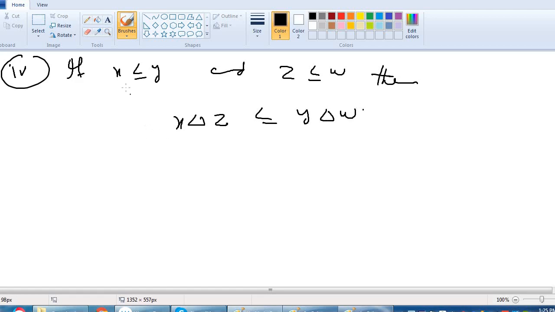To prove this, we have these two conditions, x is less than or equal to y and z is less than or equal to w, and we will show that x delta z is less than or equal to y delta w. For this purpose, we have to show that